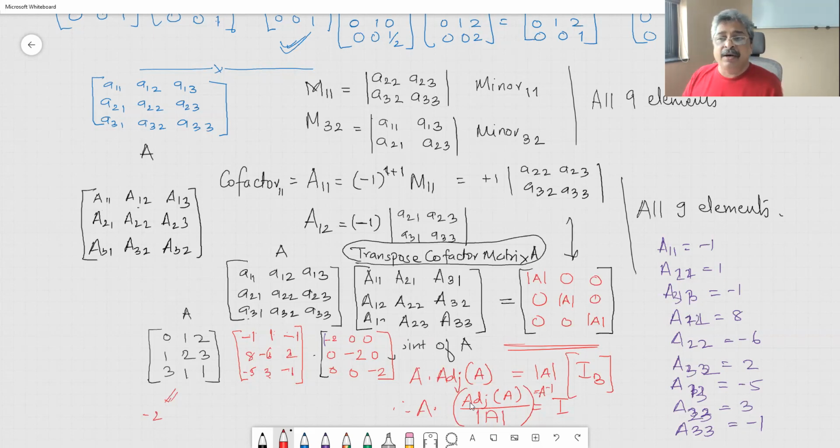This is the second method of finding the inverse. Up to 3 by 3, this method seems better or quicker compared to the transformation method. But if the dimensions are more, the transformation method will give you faster results. That is where we stop for the day. Tomorrow, in the next lecture, we will discuss why these elements are 0 and why the diagonal element suddenly appears to be the determinant of A, the reasons behind it, and then we will learn the next topic. Any questions?